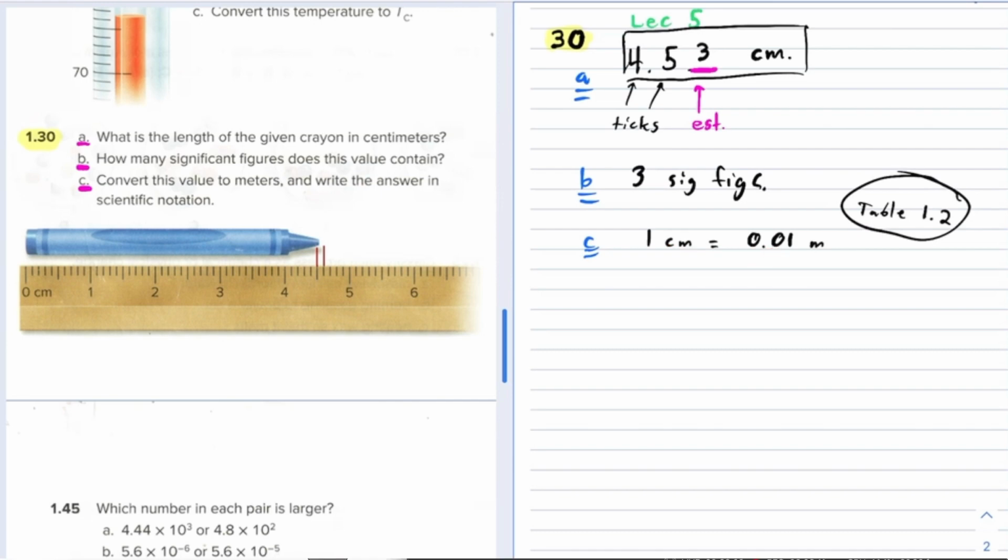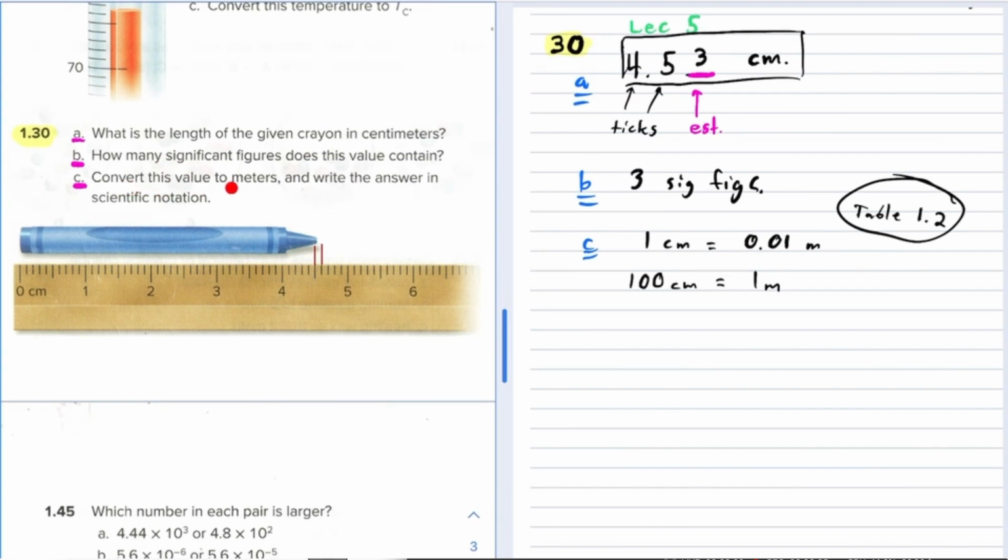Another way to write the relation between centimeters and meters, and one that I like a little bit more, is if 1 centimeter is 100th of a meter, it takes 100 centimeters to equal 1 meter. Both of these tell you the relation between centimeters and meters, and either one can be used to convert